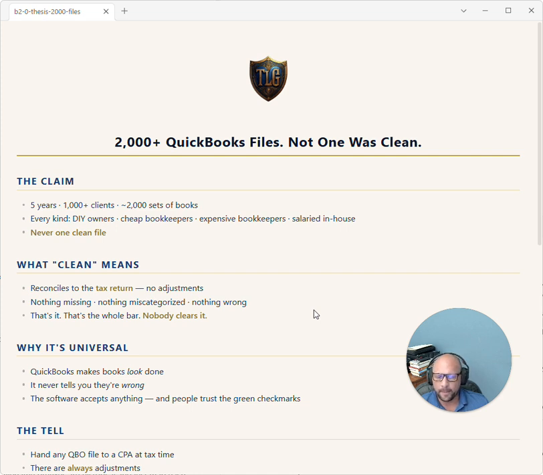Not maybe the full 5 years, but everything that I've seen, because I've seen a lot of different stuff. But if you have a small business and you're using QuickBooks, or you are a bookkeeper doing QuickBooks, or you're thinking, hey, I need to get QuickBooks because they're selling me that I can do it all myself, and it's only going to cost me $75 and I can handle all this, I would just tell you that you really need to consider the other options out there. You really need to consider that what you're using is not the right tool for the job.